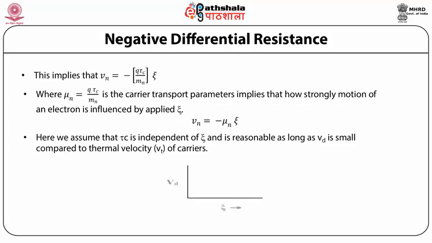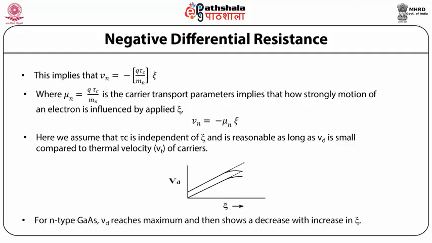So for N-type gallium arsenide, Vd reaches the maximum and then shows a decrease with increase in zeta. This phenomenon is due to the energy band structure of gallium arsenide. The band structure of gallium arsenide allows the transfer of conduction electrons from a high mobility energy minimum called a valley, valley 1, to low mobility